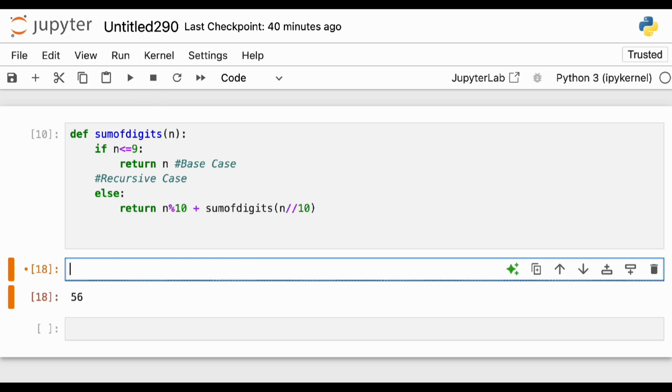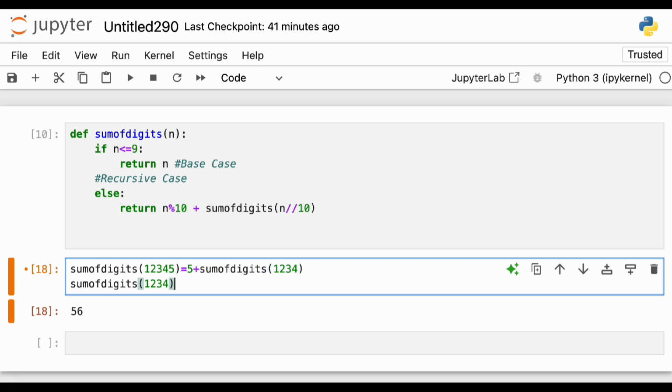Now let us understand. For example, if I'm calling sum of digits 1, 2, 3, 4, 5, how is it working? Let's try to see that again. It will say this is equal to 5 plus sum of digits of 1, 2, 3, 4. Correct? Now what is sum of digits of 1, 2, 3, 4?